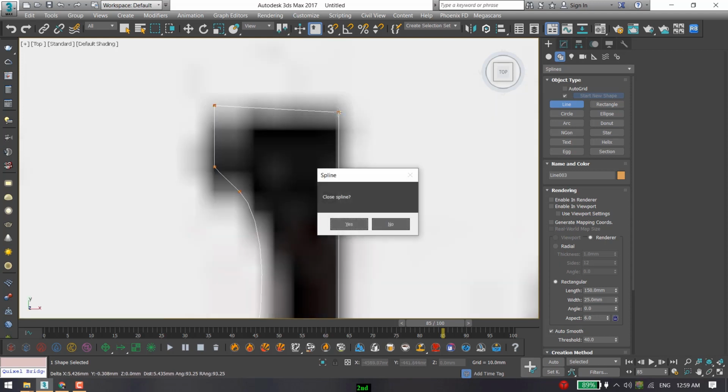Press F. Hold left click and drag your mouse. Select this box. Hold click and drag your mouse. Select these three vertices and move your edge. Just click here. Again press shift. Select these three vertices and move to match that line. Try not to forget to match the French window. After that, again select these three vertices, and make a few minor changes to match that door edge. Make it straight.